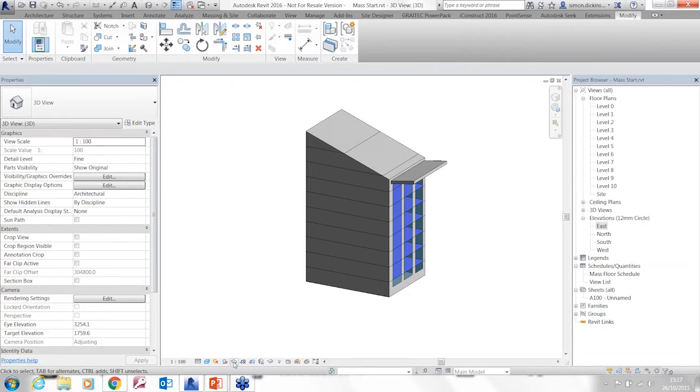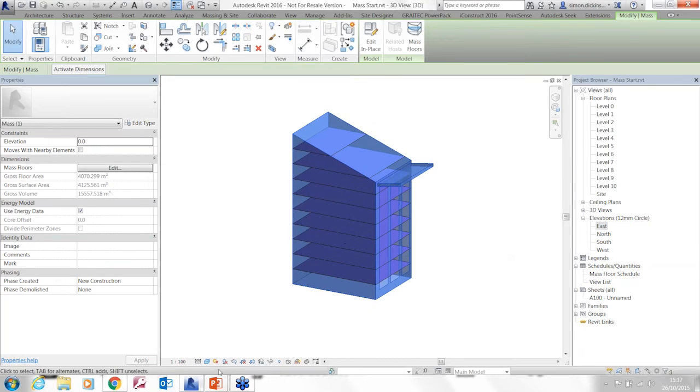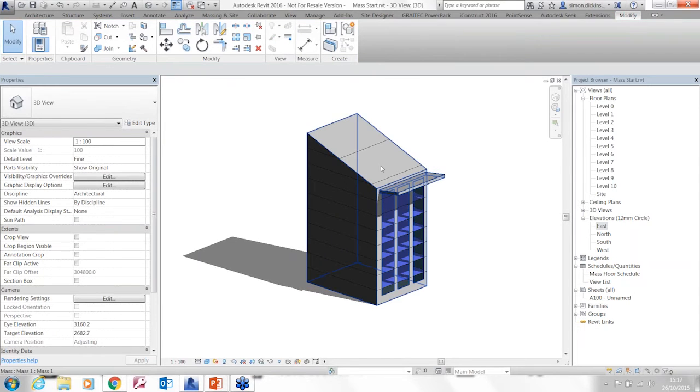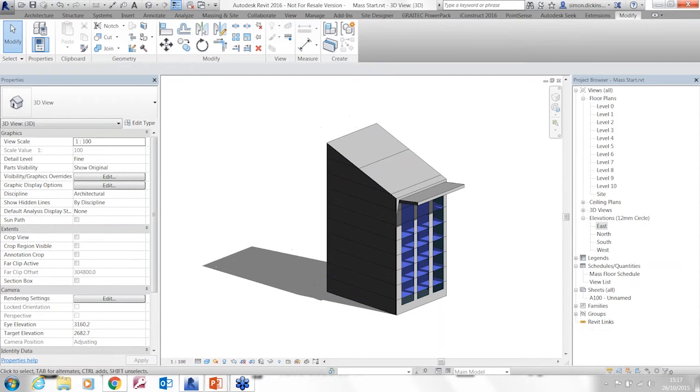That obviously would now start to give me shadows in there as well, etc. So if I put the shadows on, yeah, we can start to see the solar effect. That is going to be affected by our mass model when we go to analyze as well. Okay, so even from an early conceptual point, we can now start to look at exactly how this design is